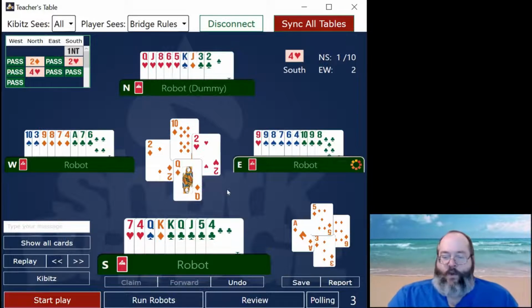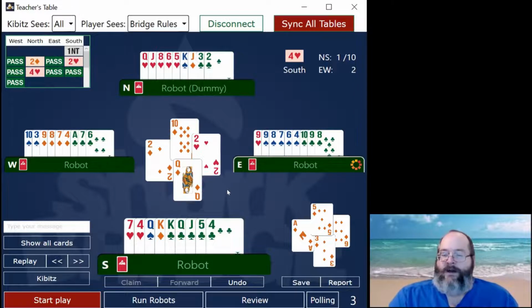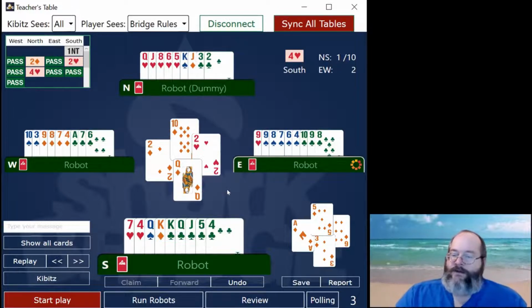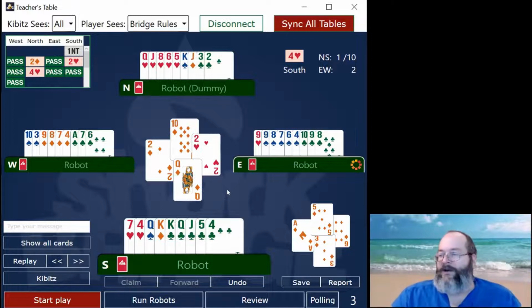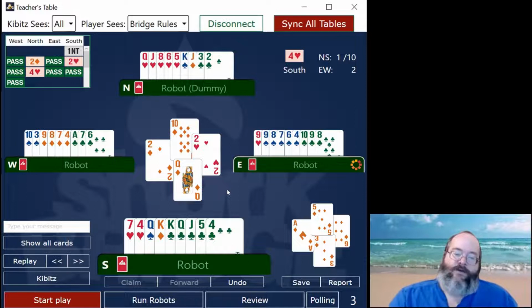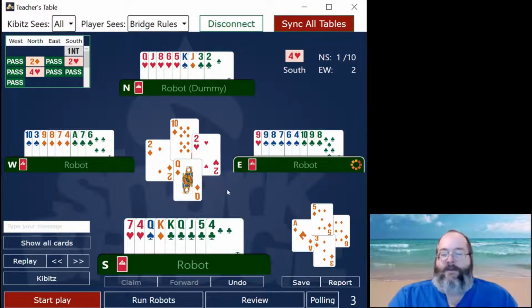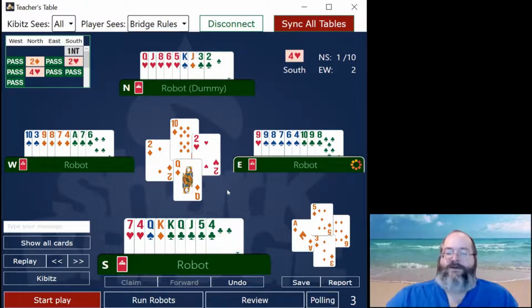If East was not given a signal here, if East was not sure about what was going on, East might well consider returning a spade, because the East has so many spades. That jack could have been a singleton, right? Maybe West wants a spade back. Leading a spade would be a valid choice, but partner has selected the 2 of diamonds to give me my ruff here. So therefore,